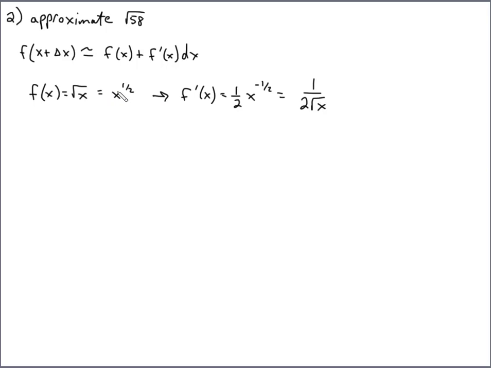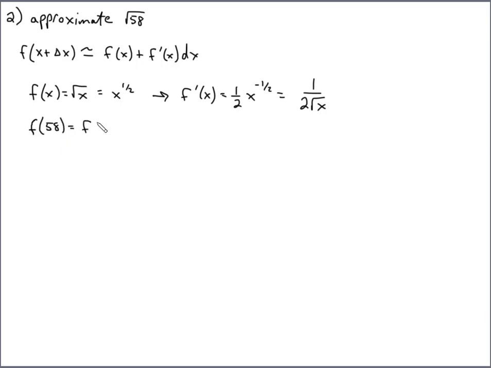So we'll write that function as x to the 1/2. We'll use the power rule to take the derivative, and there's the derivative. So what we want to do is find a number that is close to 58 and use that. So we're going to say we'll use 64 because that's the closest perfect square. So we're going to say f of 58 is equal to